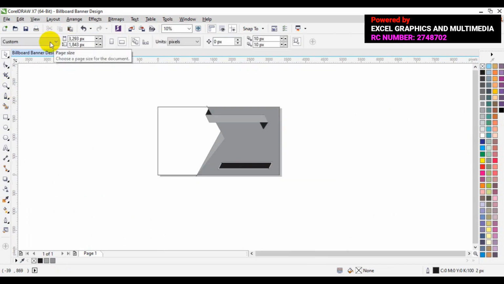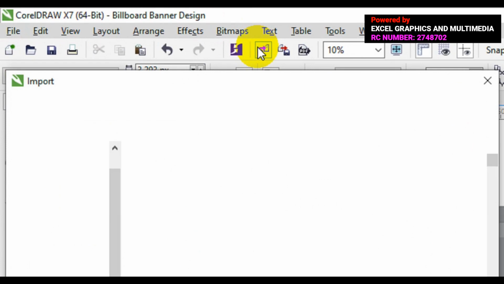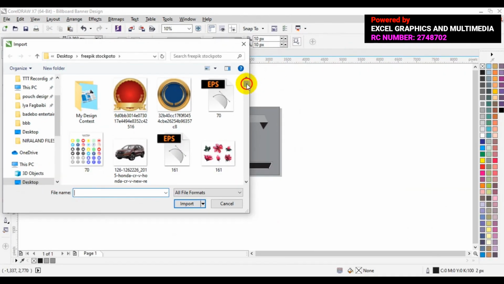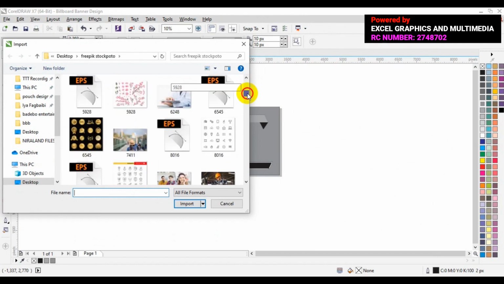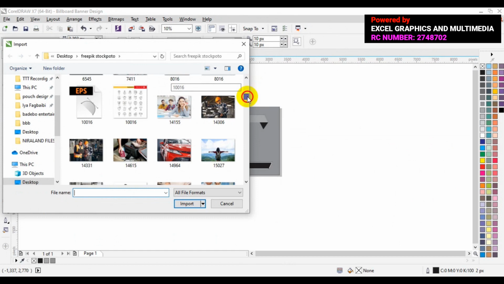So zoom in. Now, what I need next in this banner is to bring in my picture for the banner. So I have to go to my home tab again. I'll click on import icon or press Ctrl I on your keyboard to then I'll navigate and look for my picture. So I was thinking of using